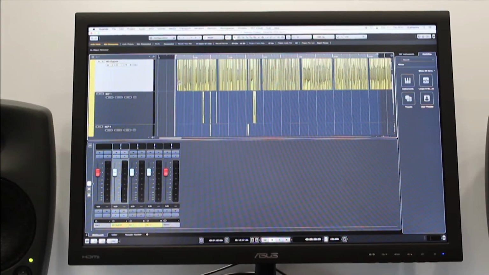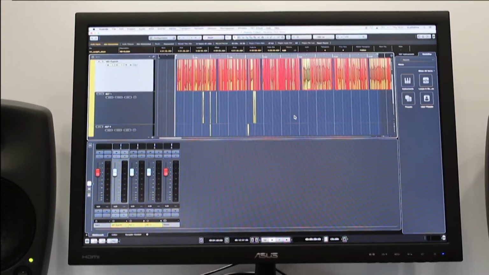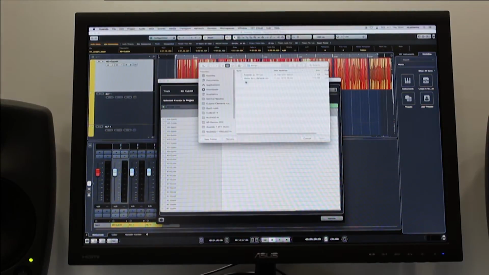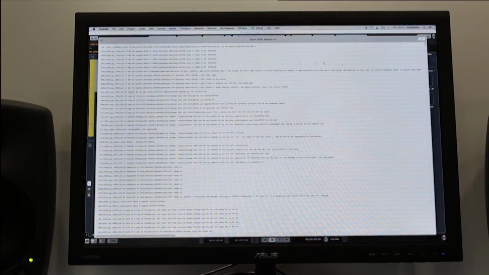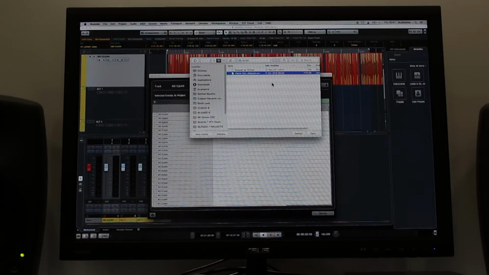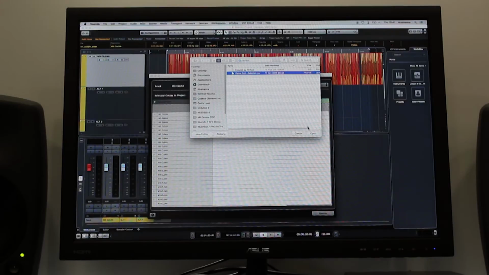From most spreadsheet programs, you can produce a CSV file, which is comma separated values. So we're going to have a look at that here. This is all the data from your spreadsheet. If we go back to Nuendo, you can see that we have on that top line